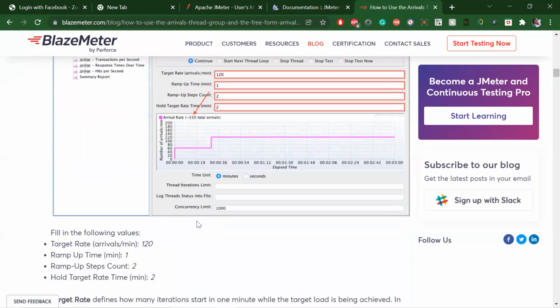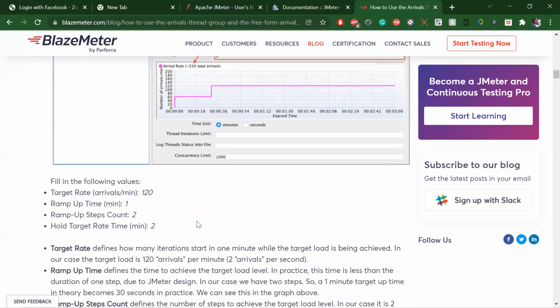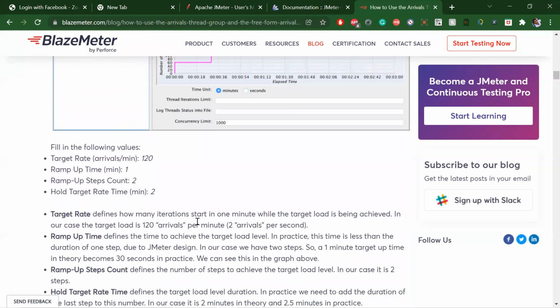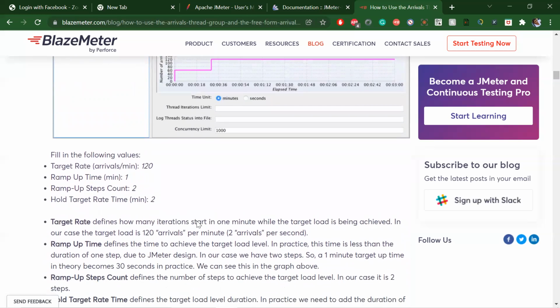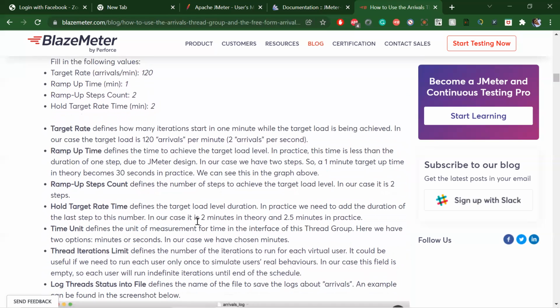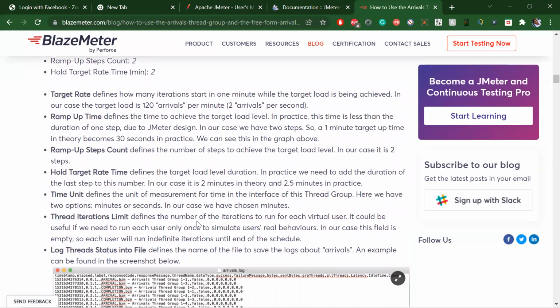So 120 per minute means per minute 60. Let's see how it's getting. Concurrent TC limit 1000. Target rate is 120, 2 arrivals per second.